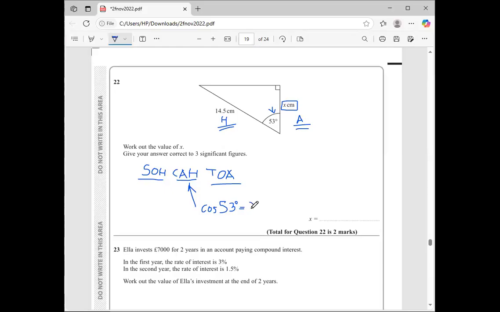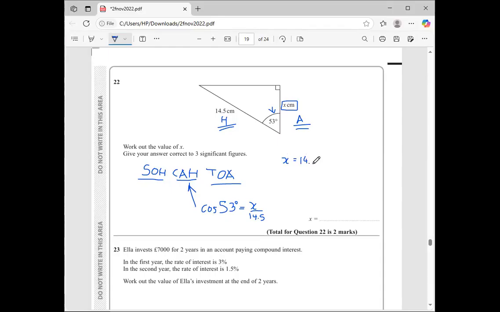The adjacent is x, and the hypotenuse is 14.5. Okay, so have you put your calculator in scientific mode, or it's already there? Oh yeah, I've done it. Okay, all right, good. Now, remember, we're looking for x. What will we do to both sides to find x? Can you guess? Multiply. Yes, multiply both sides by 14.5. So that's going to give me